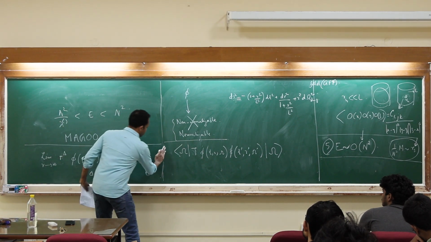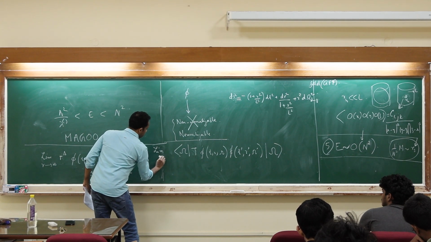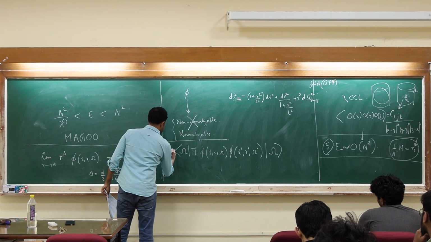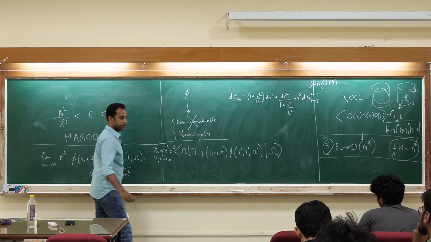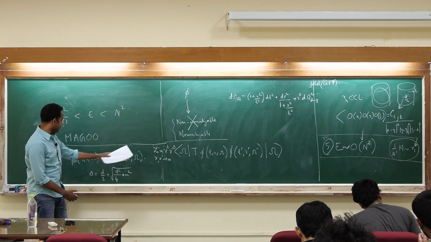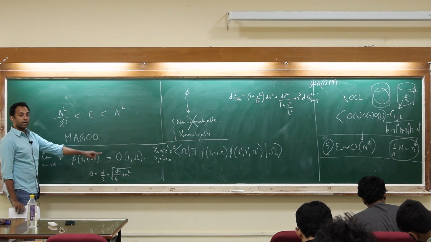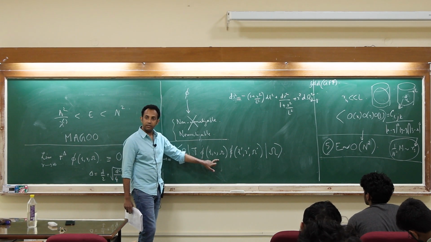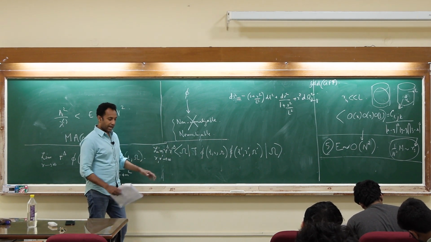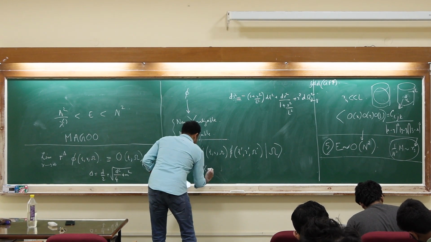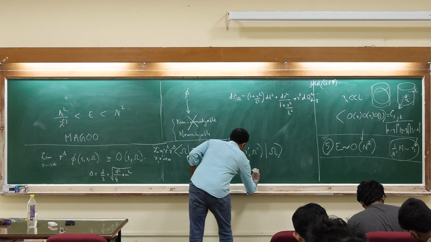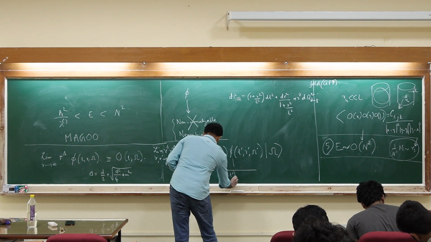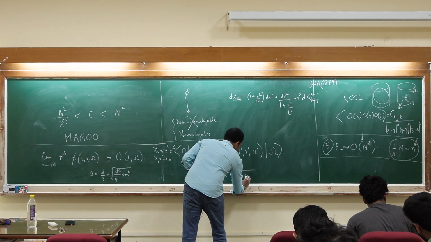Now I can compute the limit of r and r prime going to infinity, with r to the delta and r prime to the delta. Basically I'm taking the boundary limit of this correlation function. Note that this is a bulk 2-point correlation function because there is r also here, and I'm taking the boundary limit of it. The claim is that this gives me the time ordered 2-point correlation function of the CFT on the cylinder.